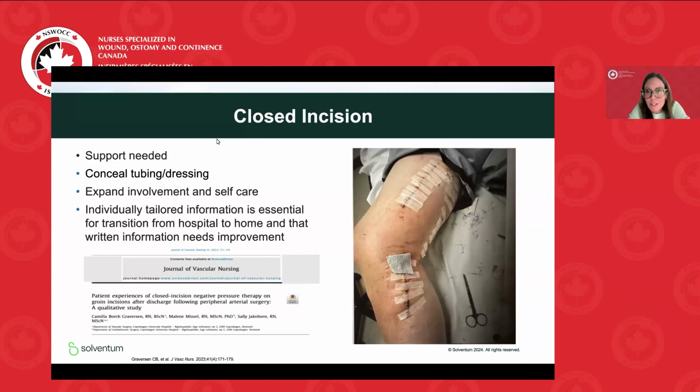But the minute that I realized the benefits to my patients and how much this optimized their care and reduced the number of surgical site infections that I was seeing, I was immediately sold on this for my patients. I want to start with the closed incision discussion with a study that was done in the Journal of Vascular